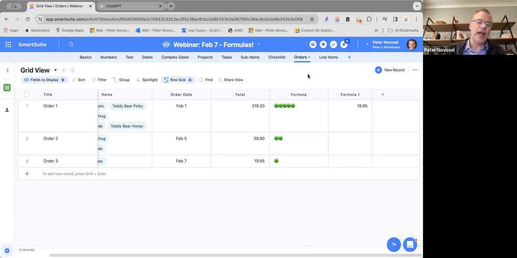And that's why we've added a number of these functions that allow you to do things in a single formula that normally would have taken you multiple steps. So that's one. The flip side of it is overall application performance. If you have 100 formulas in your table, and it's linked to another table that has 100 formulas, and you've got thousands of records in each one, and say, a couple dozen linked record connections between each one of the records, you can very quickly get into millions of recalculations for a single table when you make an update,